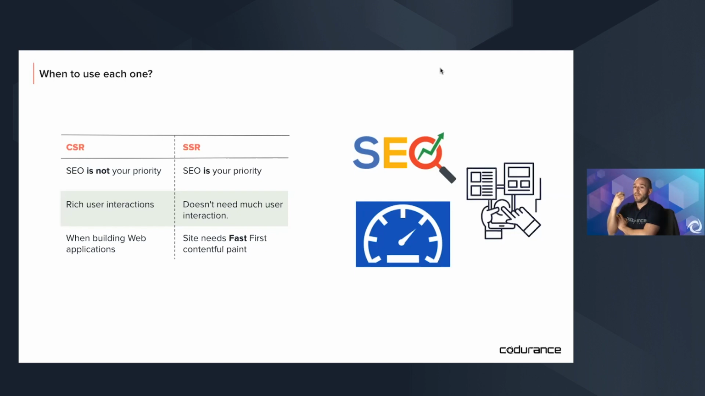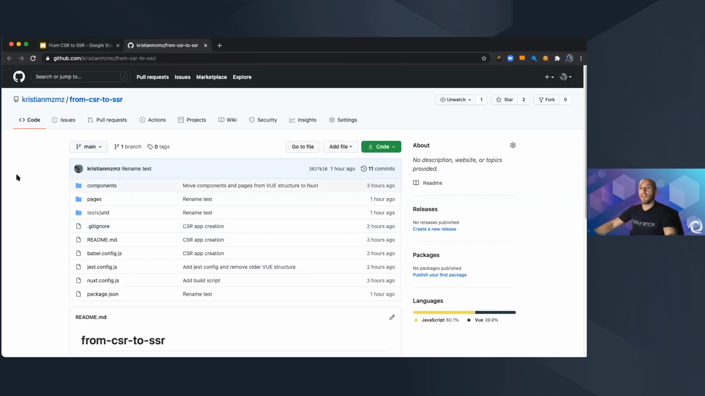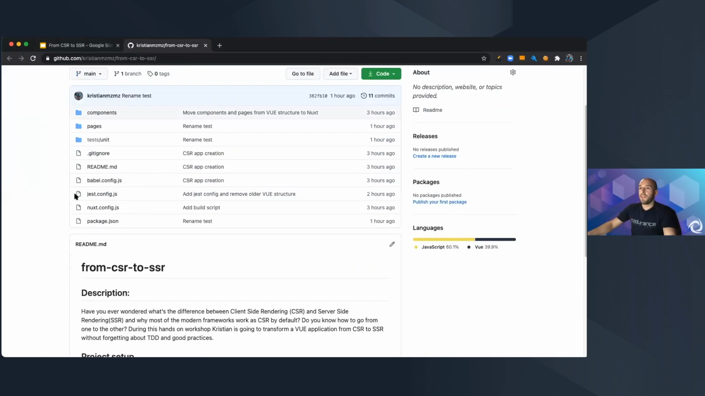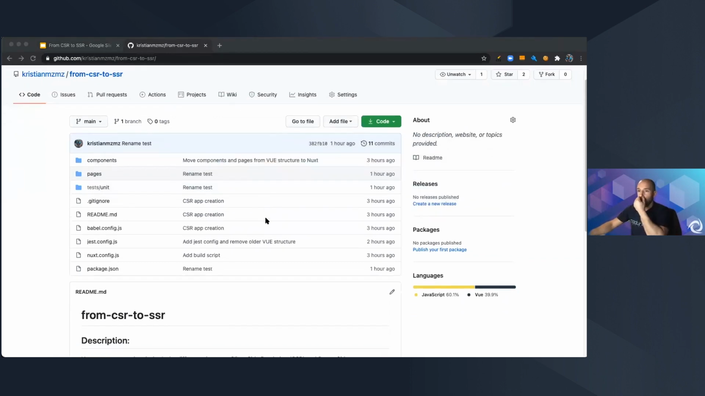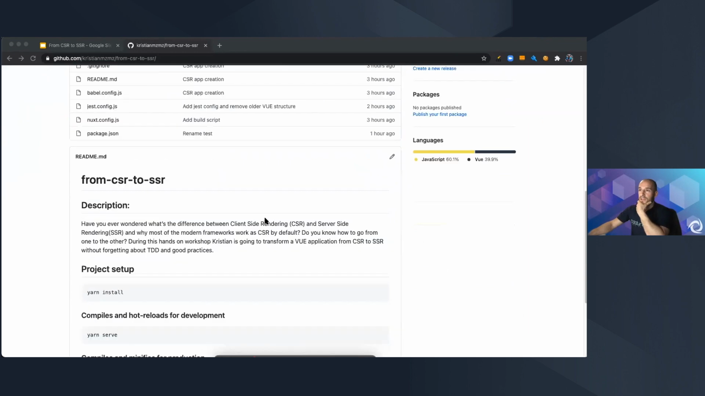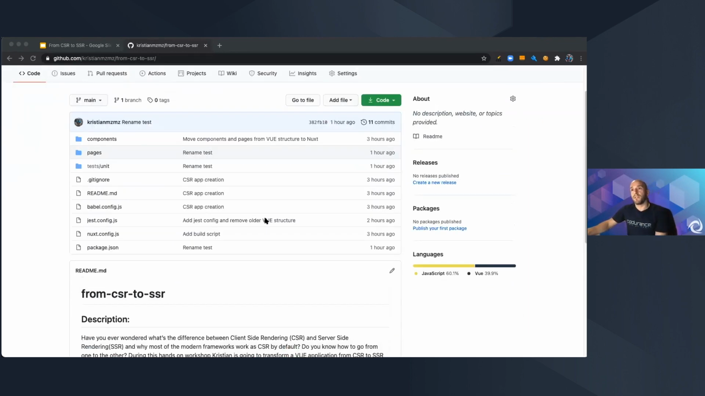And if you are a lot into user interaction, like if you have a web application or a dashboard or something that needs a lot of user interaction. So here, I think Martin shared it in the chat. This is an application I created almost a year ago